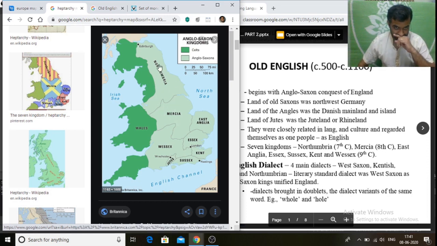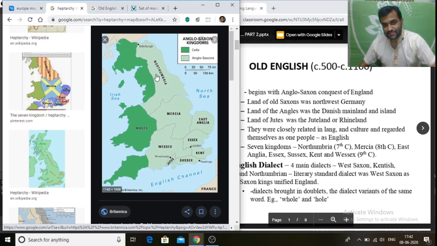The northern part of England. Now you can see the green patch here in the map of England. This is the map of England. The green patch is the area occupied by Celts, Britons. The first tribal people in England were the Celts, and the green patches were occupied by Celts. Even when Anglo-Saxons and Jutes came there, they could not get into the Celtic regions, the Britons' regions. The remaining part they occupied and divided into 7 kingdoms.